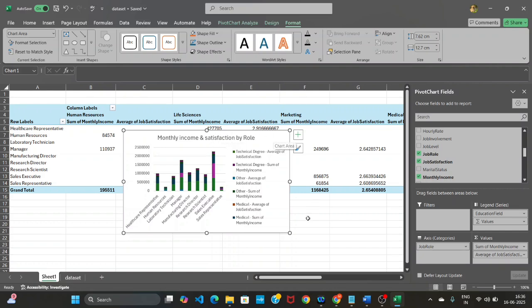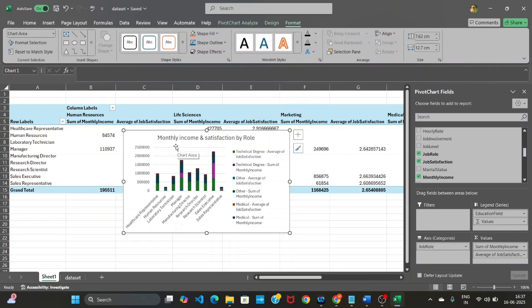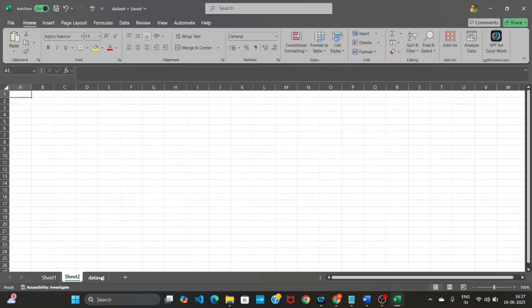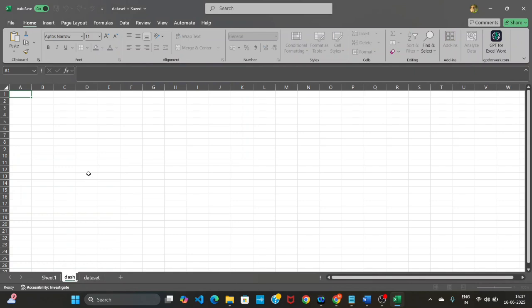All right, so next we are going to create gender wise, job role wise, average job satisfaction and environment satisfaction. So before moving ahead, what we have to do is first I'll go back here, and click on new sheet. Just rename this sheet dashboard